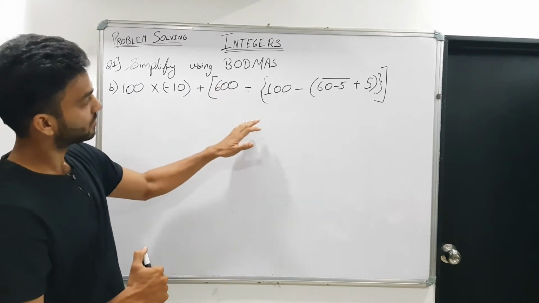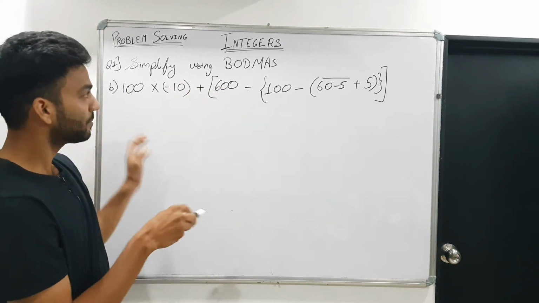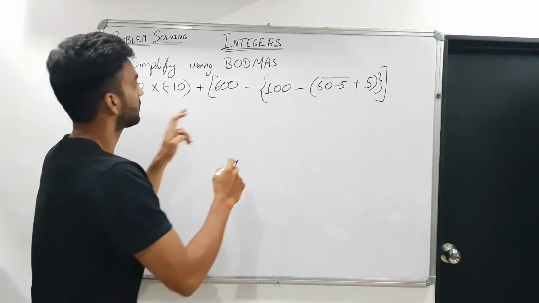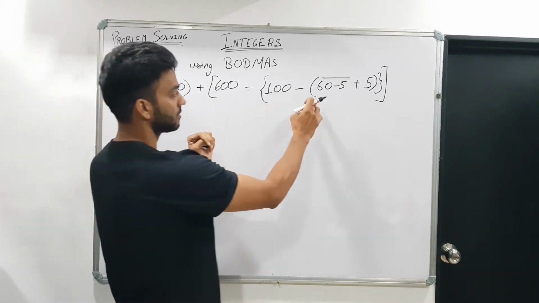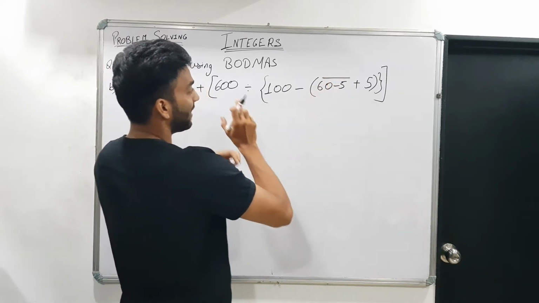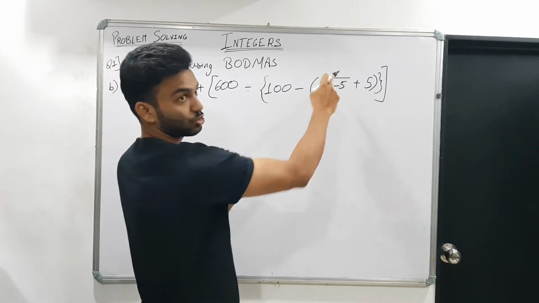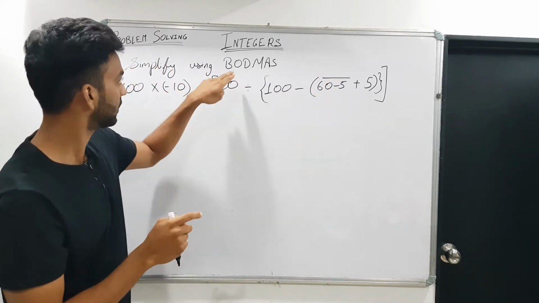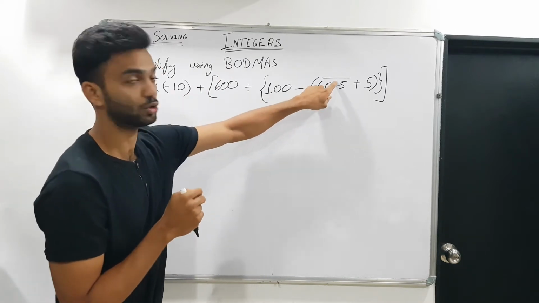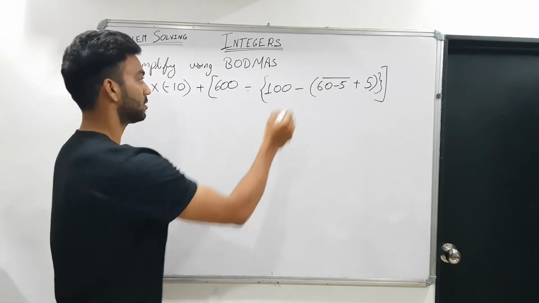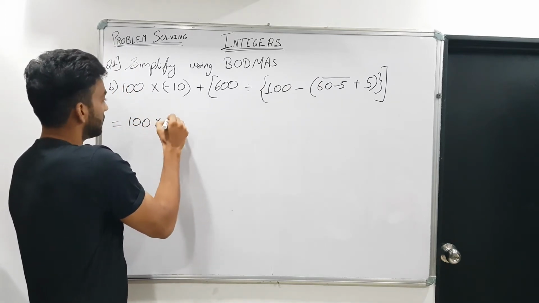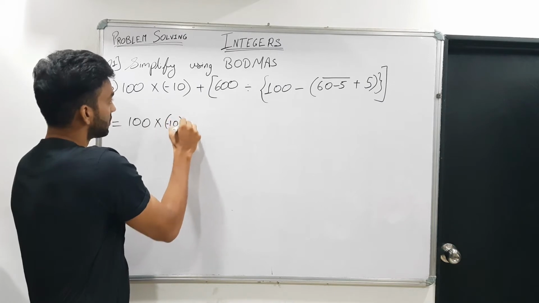Now यहाँ पे brackets भी है, and in the brackets we have seen all the types of brackets. In that we have seen that this is the square, this is the curl bracket, this is the round bracket, this is the vinculum or bar bracket. So innermost bracket, that is this bracket has to be solved first. Brackets तो solve करना है, but in that we have to solve the innermost, and that is vinculum. Vinculum ही रहेगा जो innermost रहेगा, so that we have to solve first. And as I said, the rest of the things will remain same.